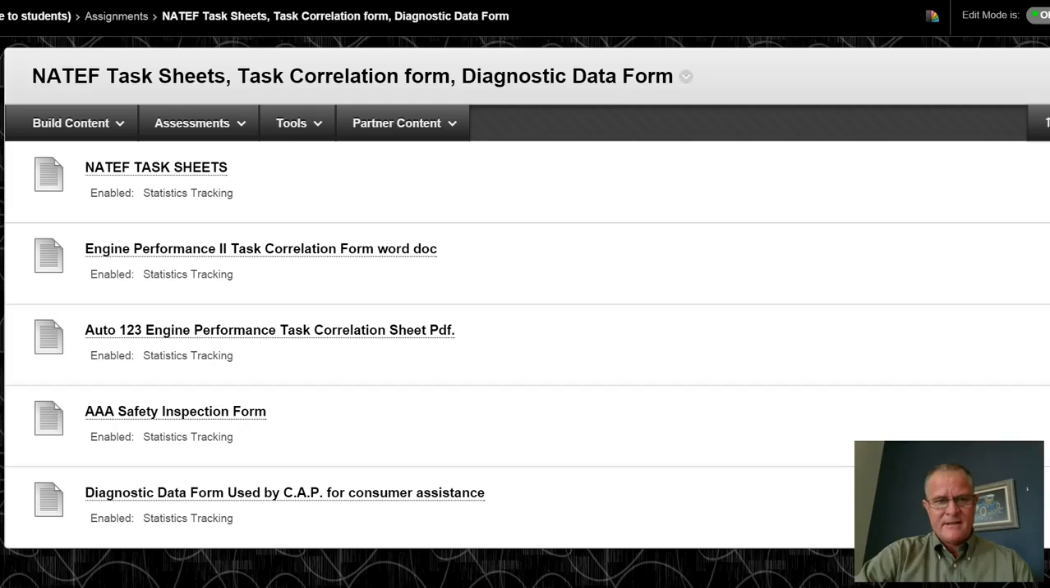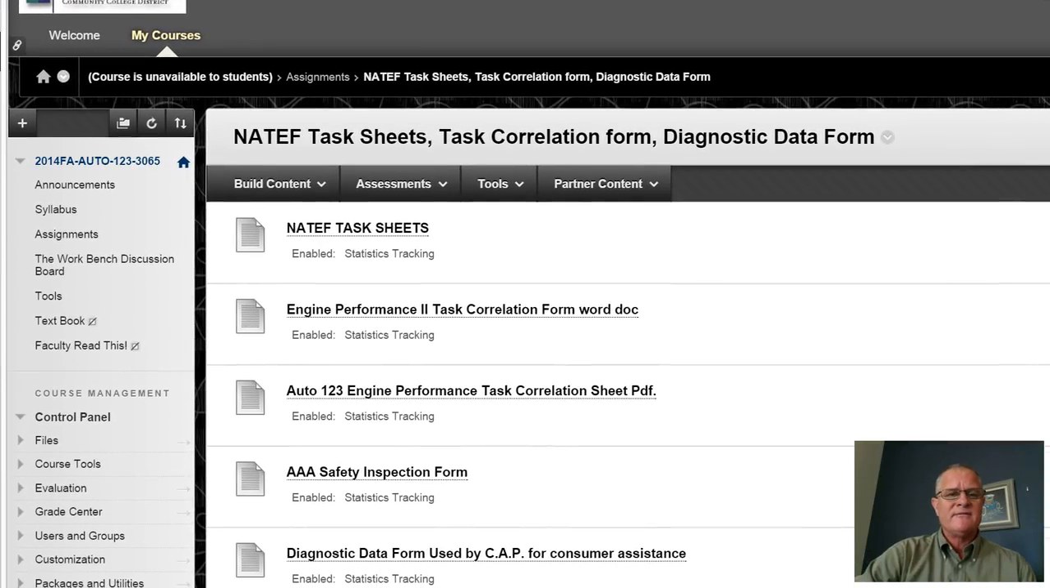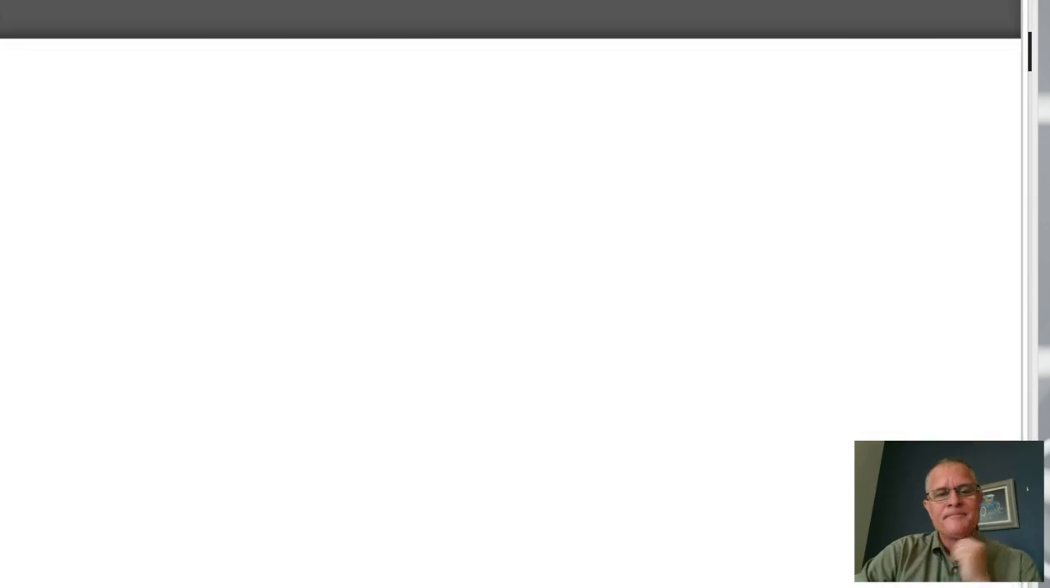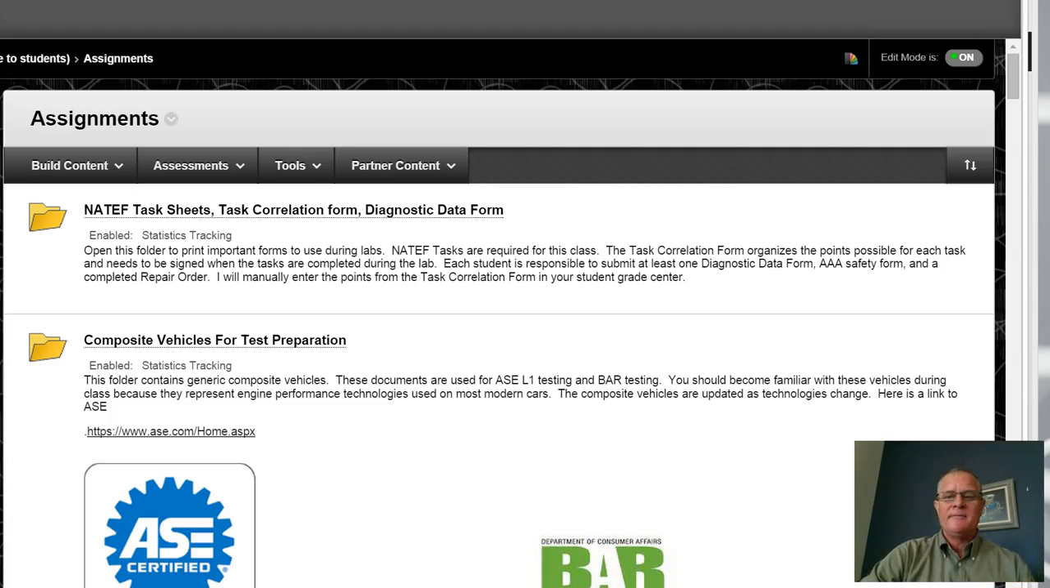The assignments themselves are all in the left column block. You can see the organization of announcements, syllabus, assignments, the workboard, discussion forum, and then their tools are organized in the left column block. So if I go back to assignments, it shows the composite vehicle for test preparation, and